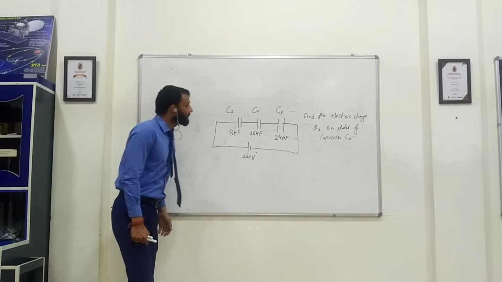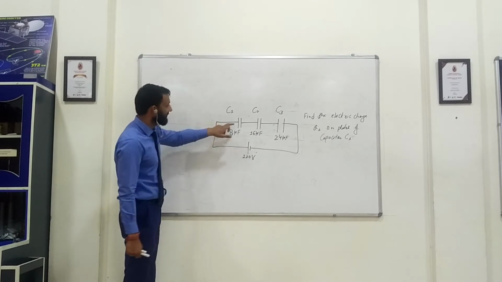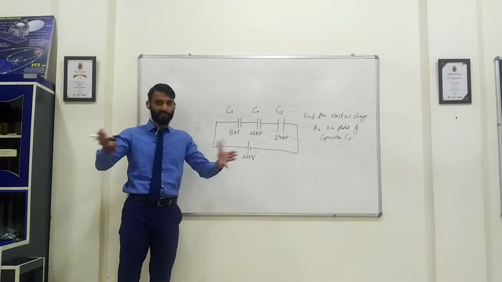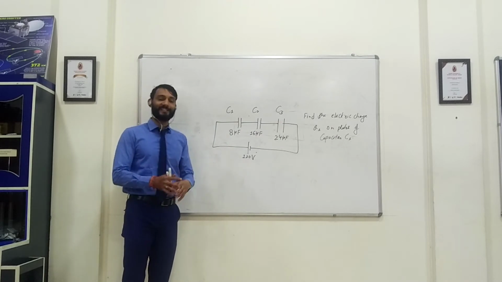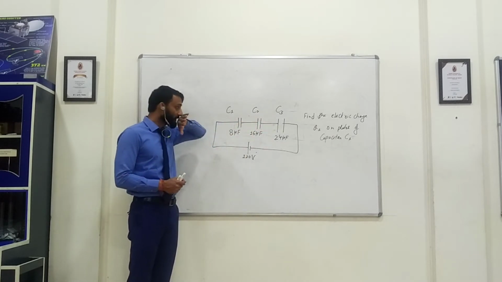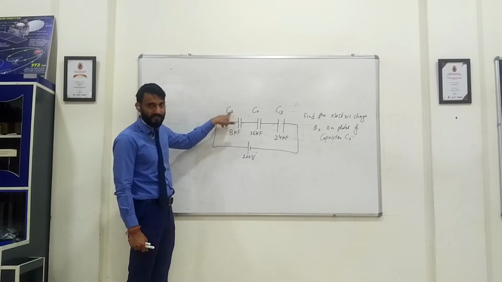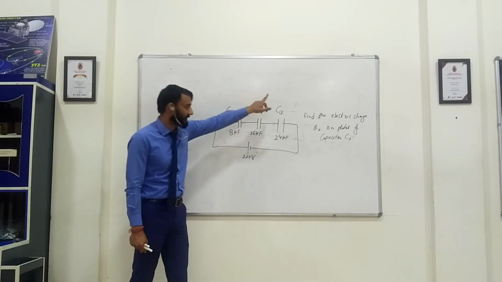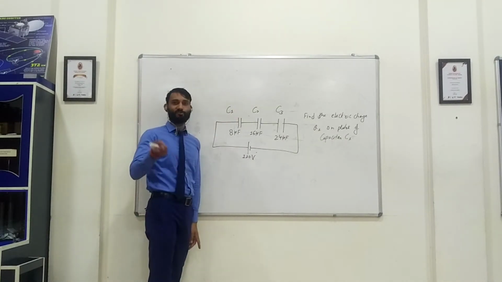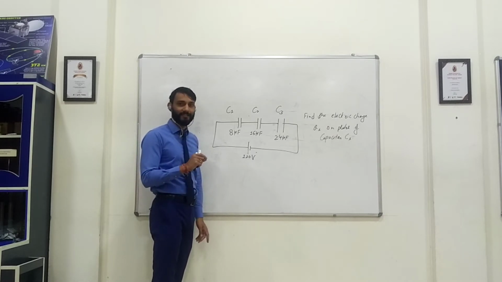Okay. So first of all, you know that the same charge is passing through this and this. Why the same charge? Because there is no division of charge taking place, as the charge has only one single path to travel. So whatever charge will pass through this, the same charge will pass through this, and the same charge will pass through this. Now, how are they connected? Since the charge is not getting divided, it's obvious that they are connected in series.